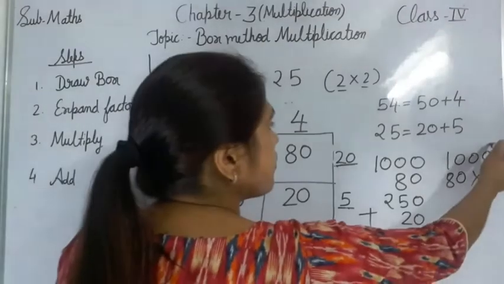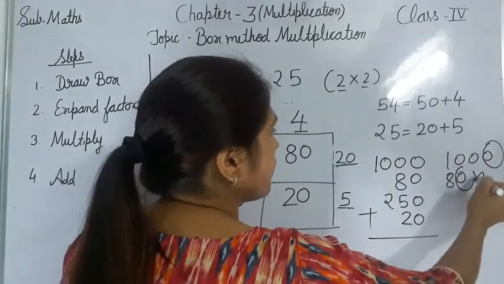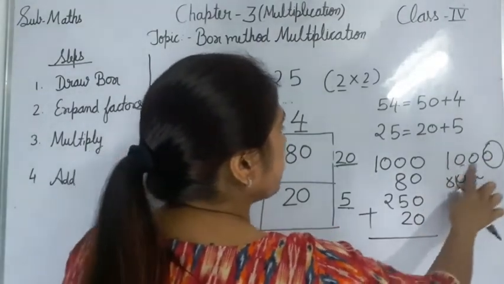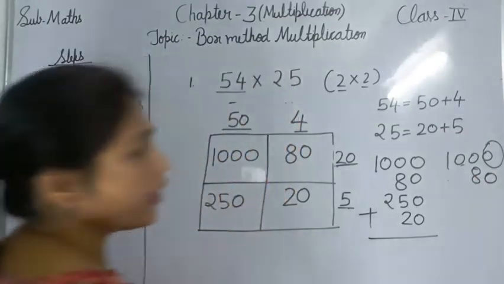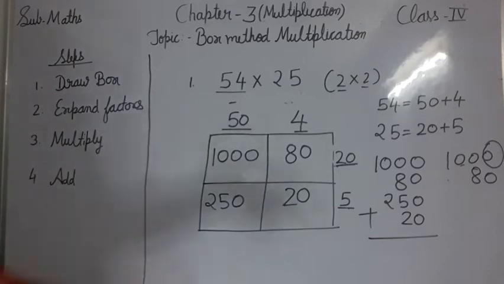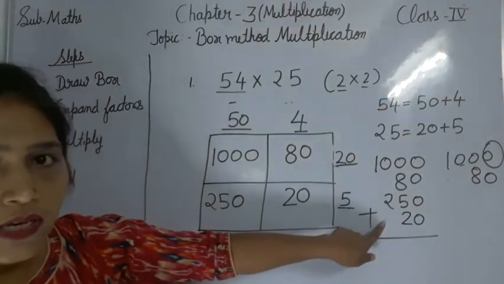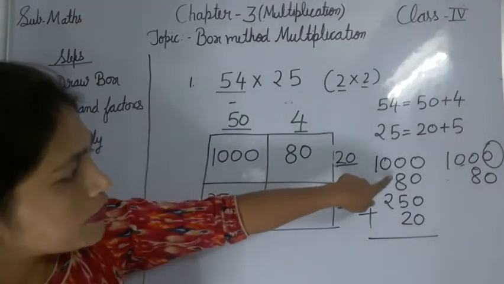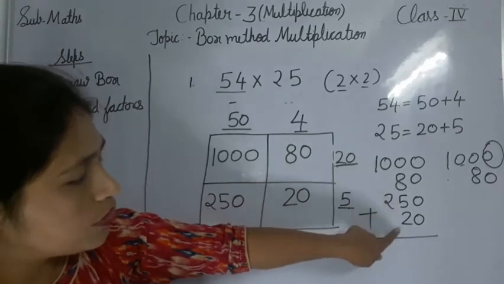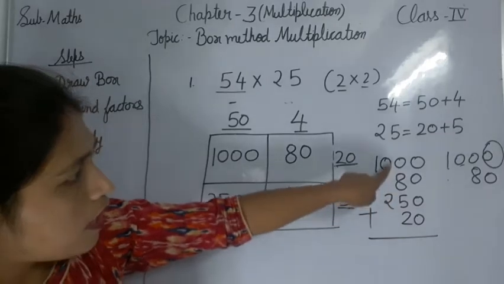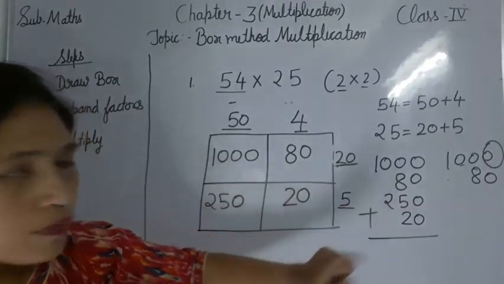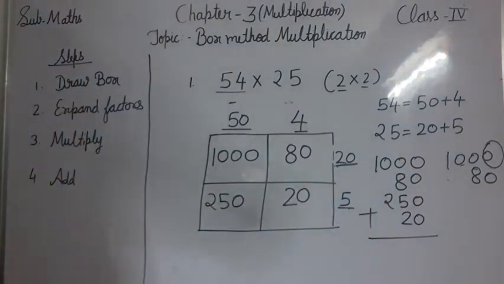This is the ones place and this one is the ones place. So the 0 of 80 should be in the ones column only. So you have to write 80 aligned accordingly. Just keep it in mind during the addition. Don't make this mistake. Ones should be in the ones column, tens in tens, hundreds in hundreds, and thousands in the thousands column.